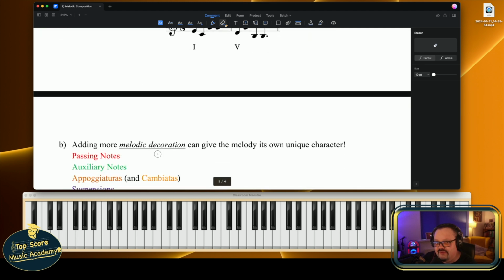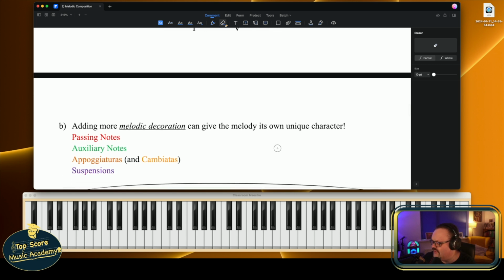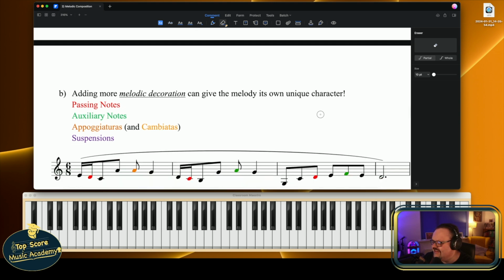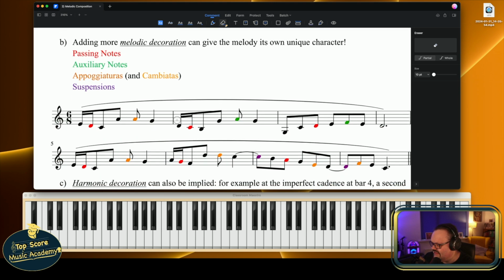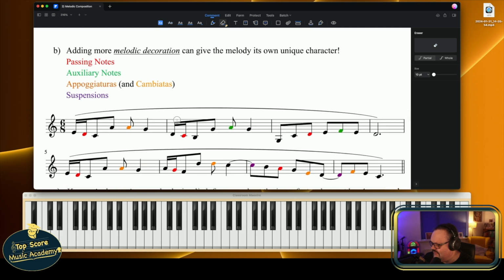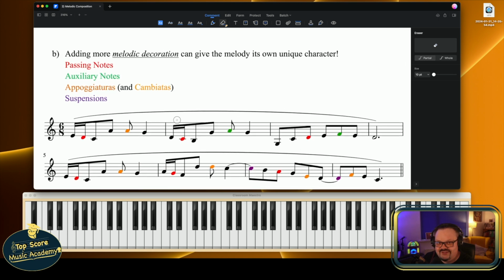Adding far more melodic decoration at some point will make that melody much more interesting and give it a good, unique character. So we're going to add more passing notes, auxiliary notes, appoggiaturas, even maybe some suspensions, suggestion of suspensions at least. So here is that 8-bar melody again, but this time we've introduced quite a lot of new non-harmony